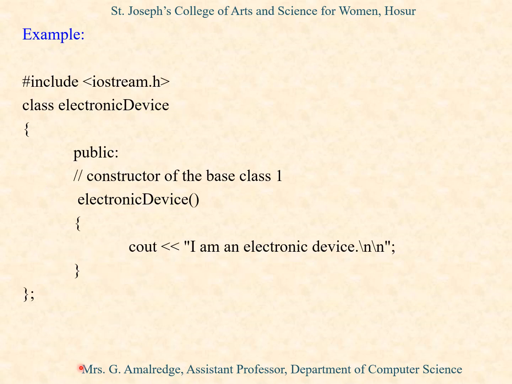Here is an example for multiple inheritance. In this example, we are creating a first base class called electronic device. In this base class, we are not writing any member functions or any variables. Just we are going to create the constructor called electronic device. We know that the name of the constructor and the name of the class must be same. In constructor, we are giving the print statement, that is I am an electronic device,